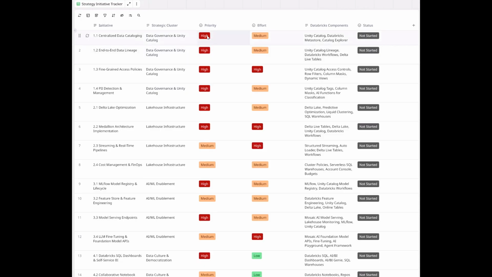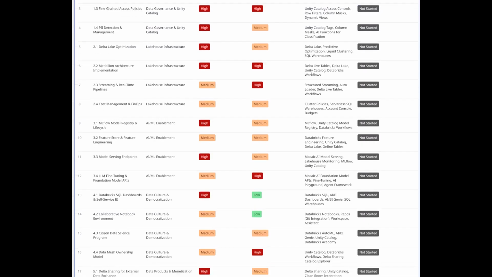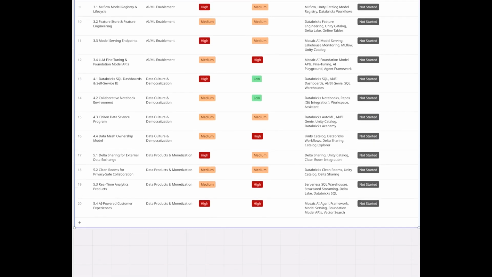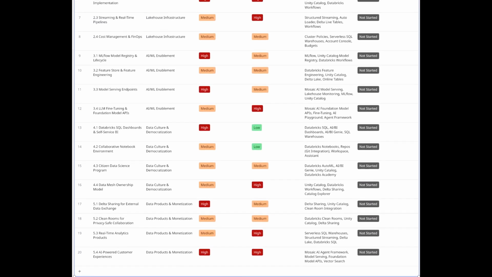The value is massive. Instead of spending days building strategy docs and trackers manually, you get a complete, visually organized data strategy ready for executive review and team alignment in under 2 minutes, with every initiative pre-tagged with the exact Databricks capabilities needed to execute. I can now refine it manually or with additional prompts, export to PDF, or share it with my team for